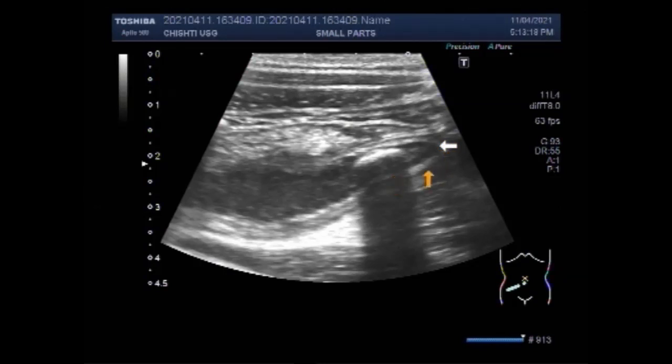You may put a pillow under both knees to have the abdomen of the patient relaxed, and you will search for a blind-ended tubular structure arising from the cecum. First you will identify the ascending colon, then the cecum, and then in the nearby area of the cecum, you can find the inflamed appendix. The colon will have haustra, which will differentiate it from small bowel. You can see the aorta in the long axis view.